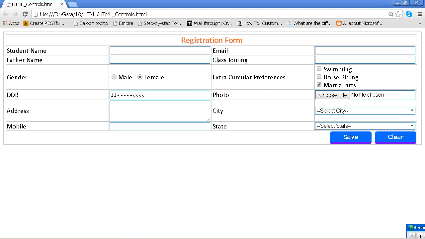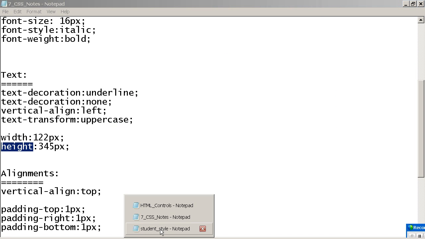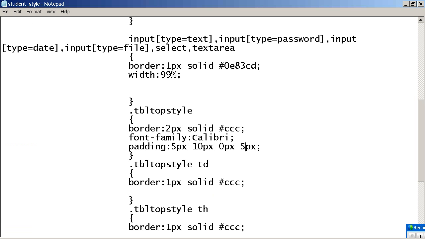Now, why did it become like this? I have used padding. So rather than giving this, what you can do? You can fix it.